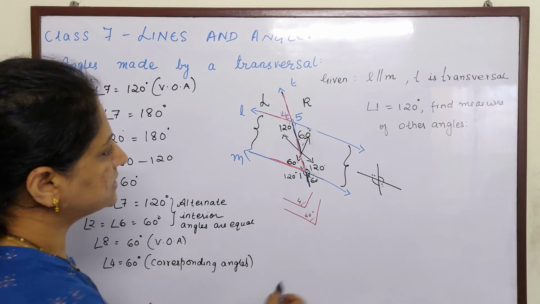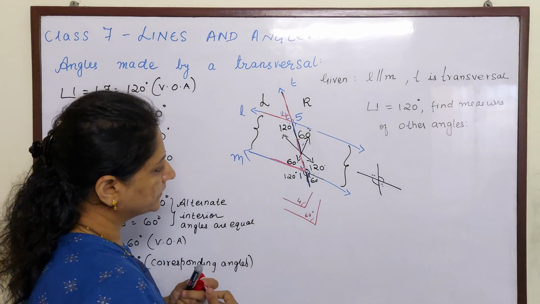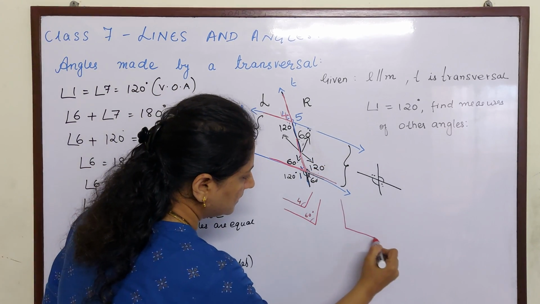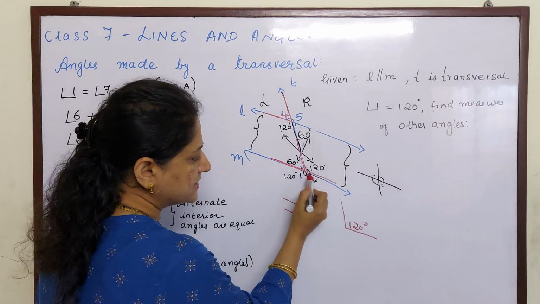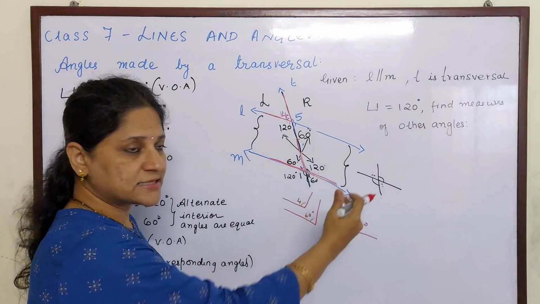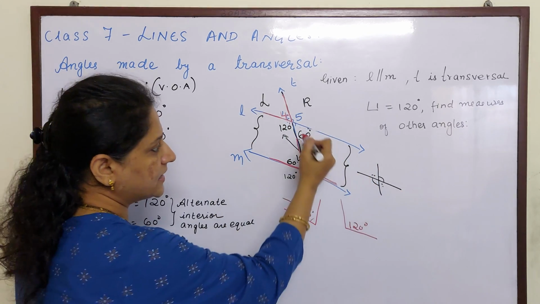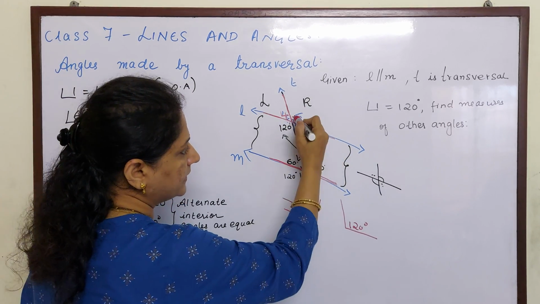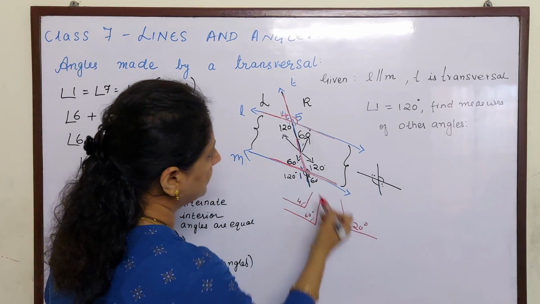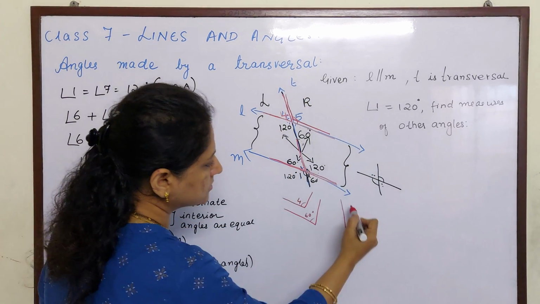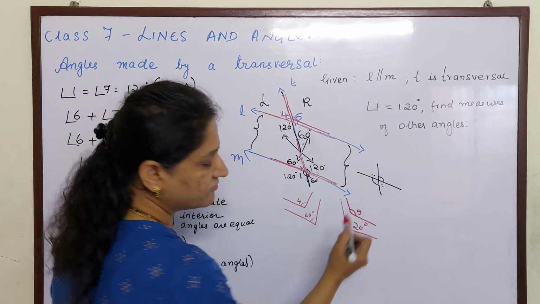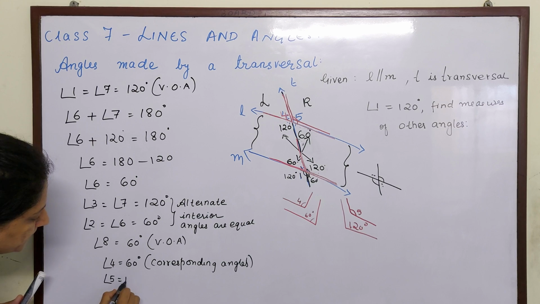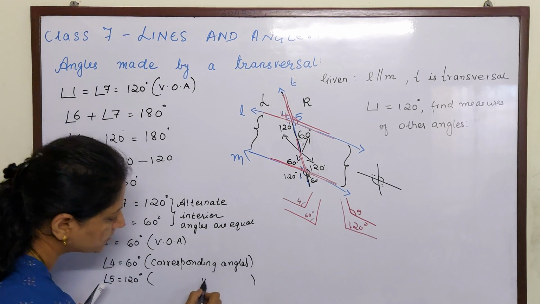Okay. Now what about this, children? Now here, if you see this, this is forming this pattern and this is 120 degrees. It is lying above the line on the right hand side. What else is lying above the line on the right hand side? One more is angle phi. So if this is 120 degrees, see this shape, children, this is also forming the same shape, angle phi. So angle phi is also equal to 120 degrees. And the reason is corresponding angles.